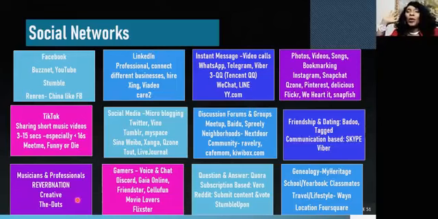You could just have a network where all musicians gather and exchange ideas, like ReverbNation. And then we have social networks where just gamers, people who like to talk about games, who like to analyze a game, are able to do both voice and chat on applications like forums like Discord, Friendster. Then we have social networks where